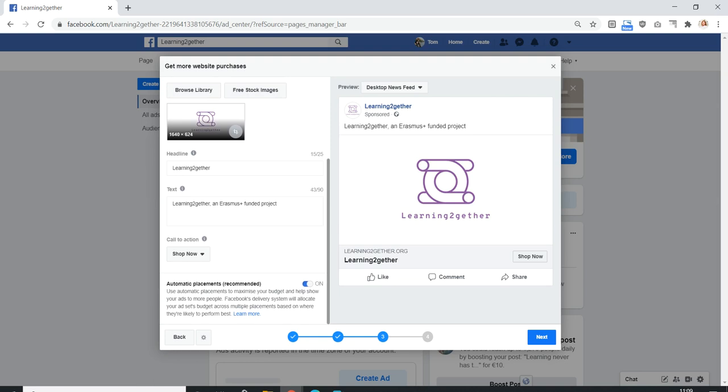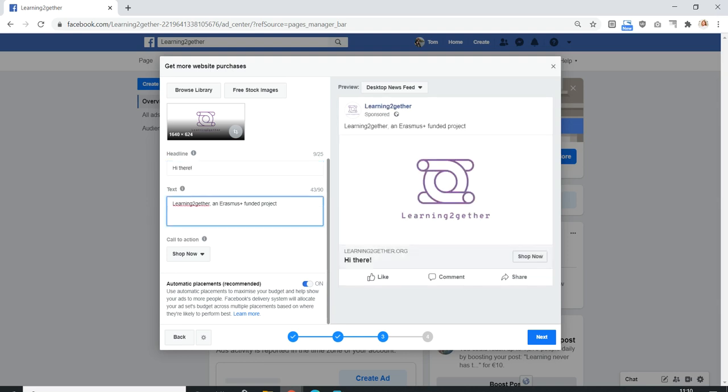So now you need to type your text. You need to choose a cool headline or something that will speak to people. Let's not make things too complicated. Let's just say, hi there, looking for new skills. And this was actually a good example of something you don't want to do. As you can see, you can have a maximum of 25 letters. So let's just take it to hi there,